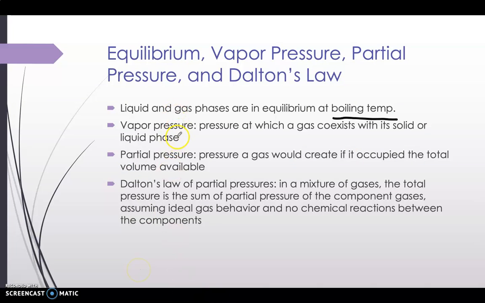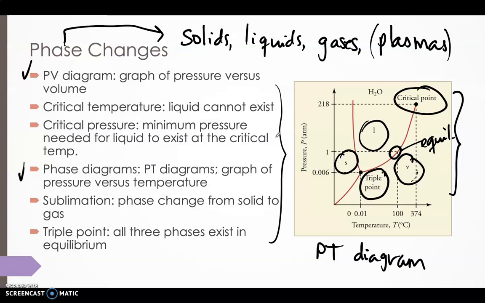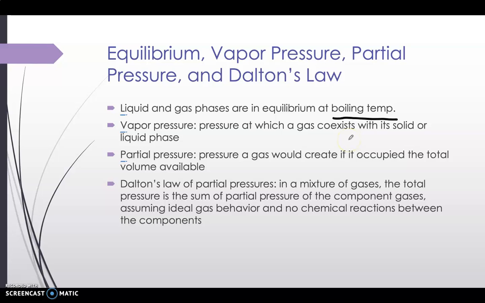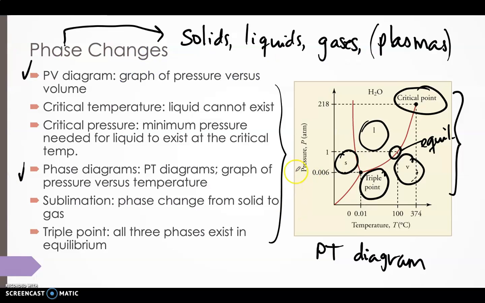We have a couple of different kinds of pressures. One called a vapor pressure, which is a pressure at which a gas coexists with a solid or liquid phase. Okay, so vapor pressure. We have partial pressure, where a gas would create, if it occupied the total volume available, that'll be its partial pressure. Okay, so vapor pressure would be somewhere in here or in here. Okay,